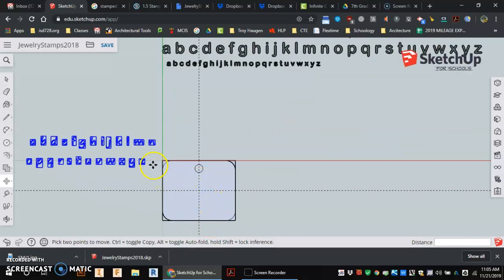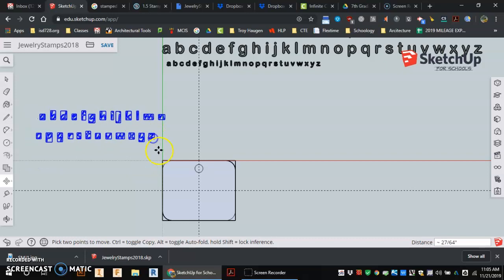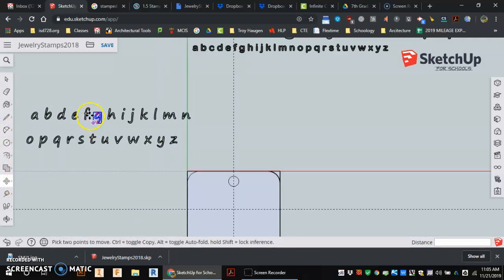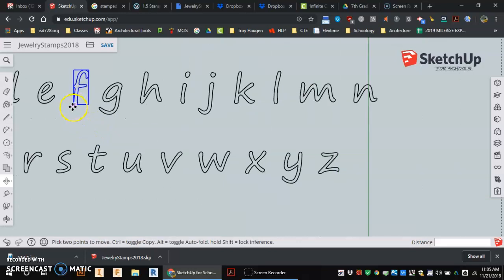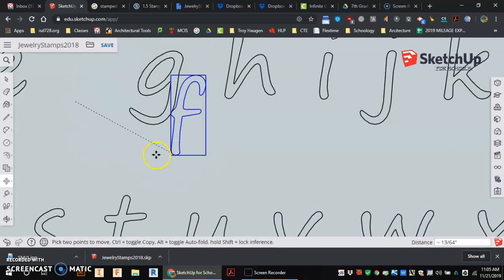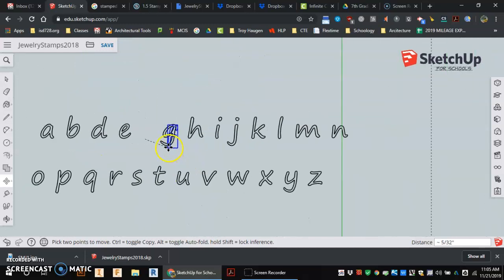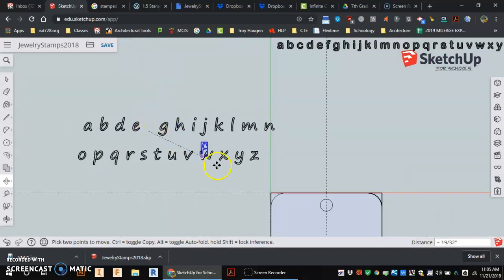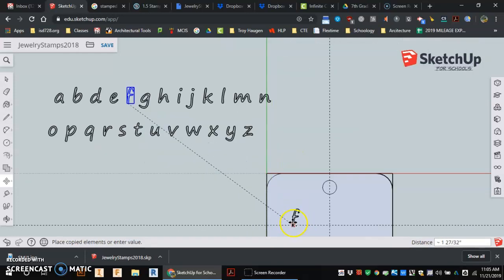Everything's still selected, so if I just click on one of these, it's still going to grab all at once. But now I'm going to put family on here. So if I click the bottom of this letter, and I'm dragging it around, I got hold of it at the bottom of the letter, and you'll see why I have the bottom of the letter in a second. Now the other part is I may need a second F, so I want to tap the Control key to get a second letter. And I'm going to put F,